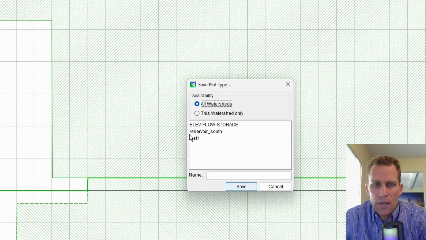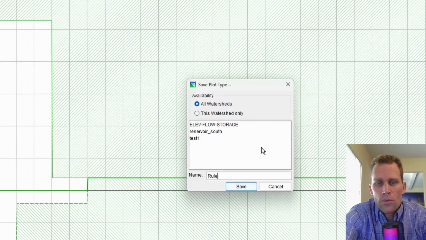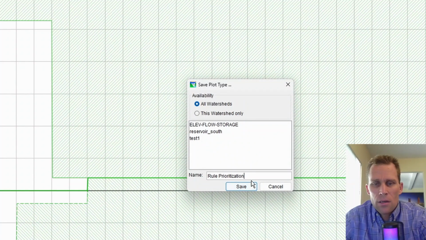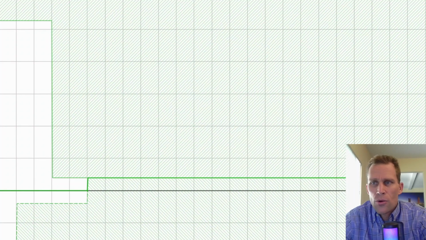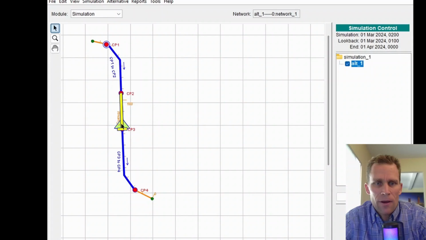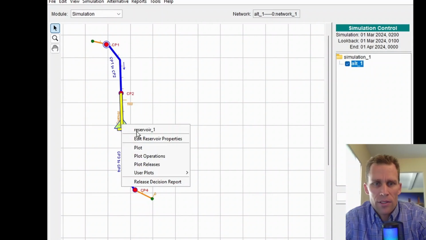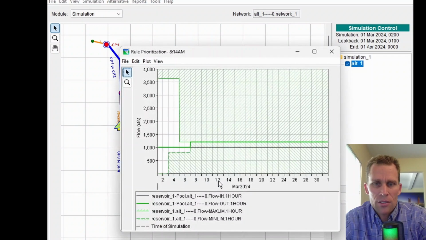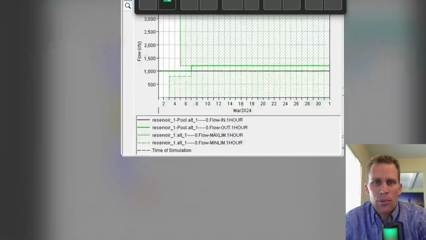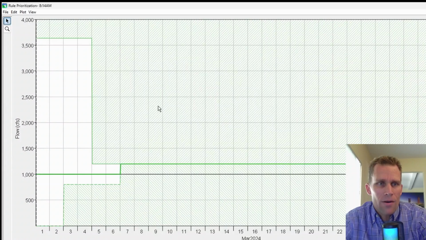Okay, so I have a few saved already from previous exercises. I'm just going to call this rule prioritization. Okay. So what that did was now if I right click on the reservoir, because that applied to reservoirs, and then click user plots, I can just select rule prioritization and it gives me just that plot as I had saved it. Okay, so let me go ahead and zoom in on just the first 10 days or so